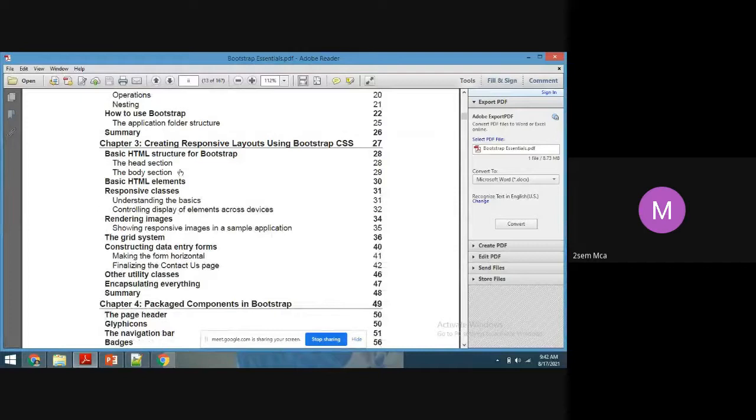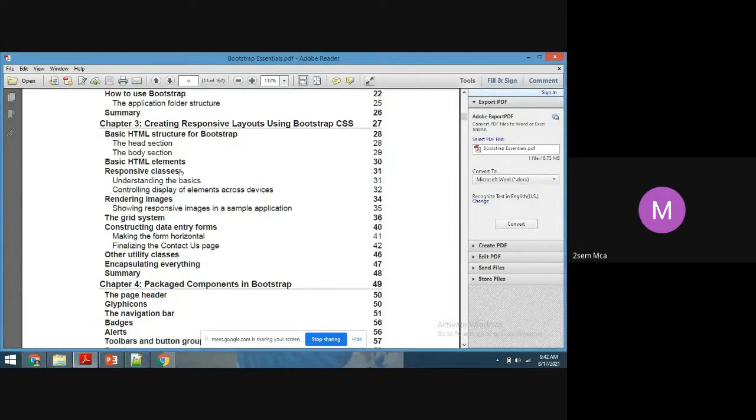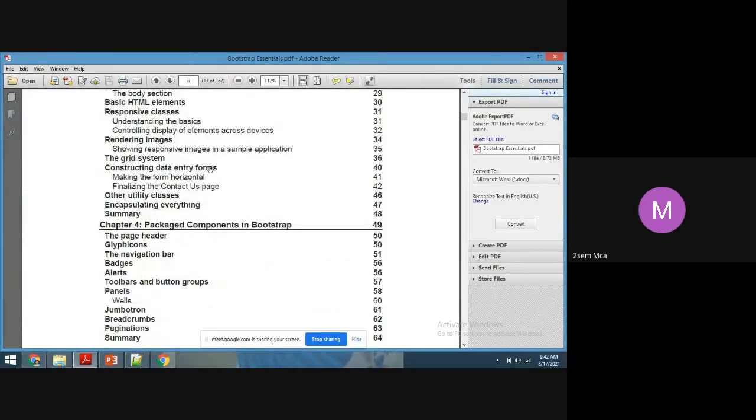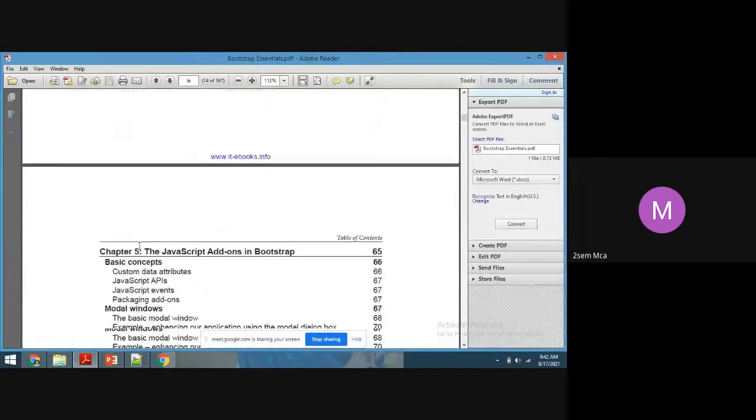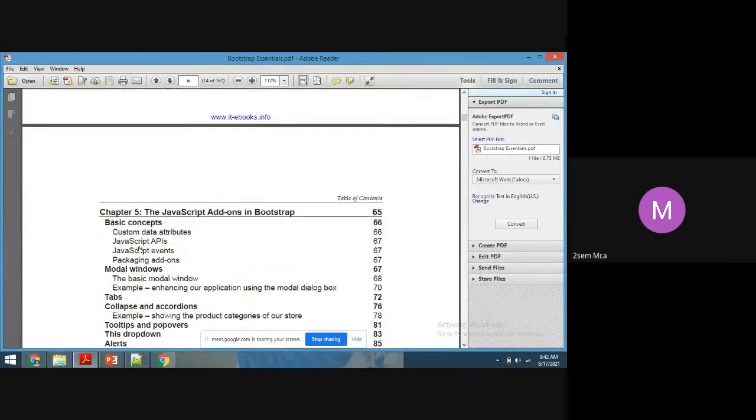In the third chapter, you can find creating a responsive Bootstrap layout. To create this layout we use basic HTML tags, image tags, navigators, the basic concepts. So don't think Bootstrap is difficult. It is as simple as your XHTML.